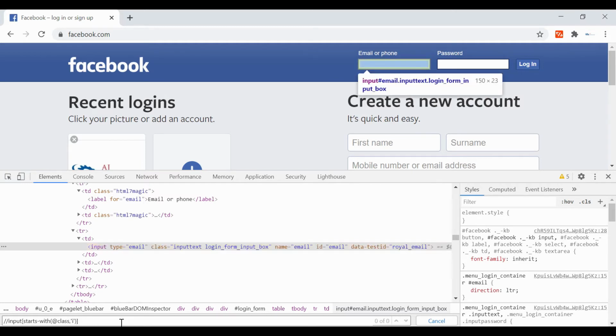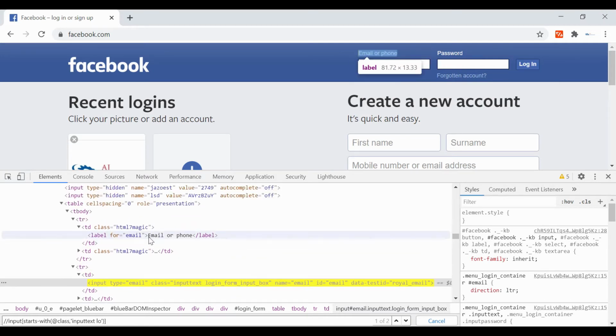Even if you provide just the I, it represents multiple web elements, so you just have to provide the starting value. So let's say input text, then login.